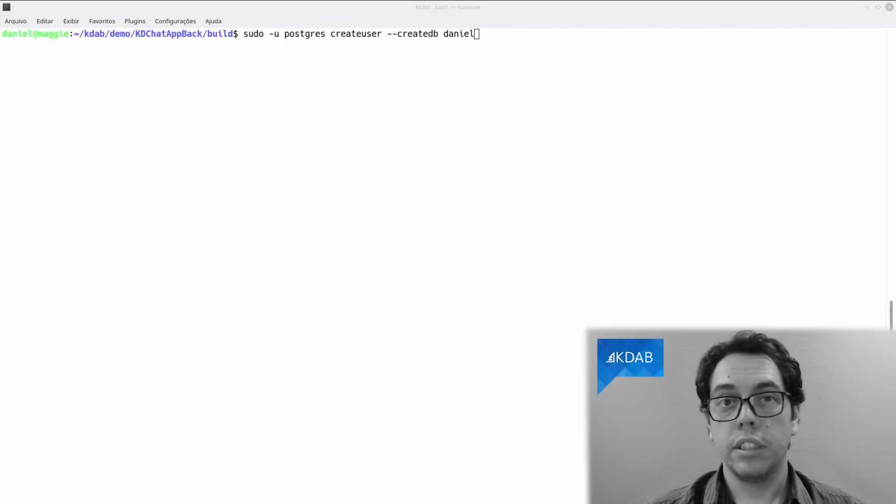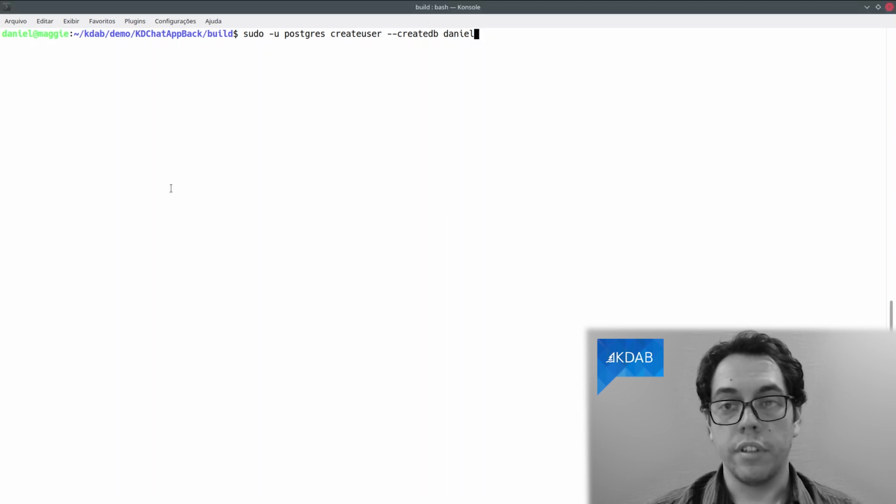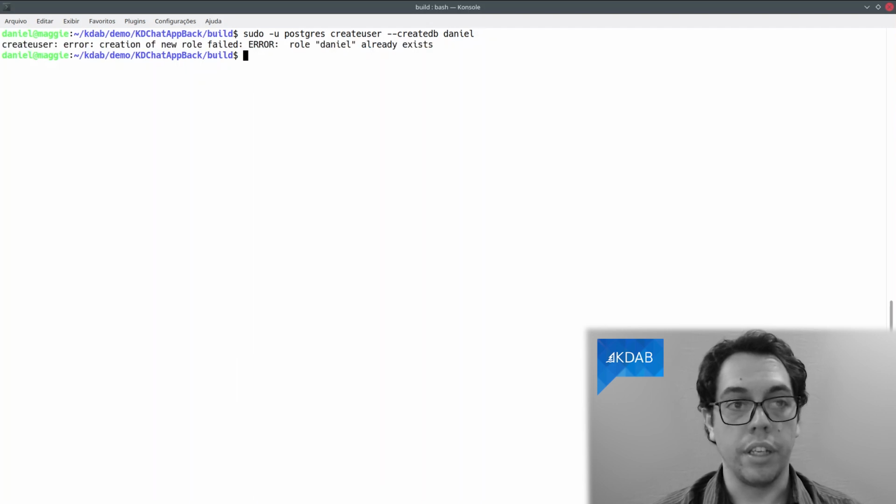So to create a new database, an easy way is to have a user with your own name. This user is going to have the ability to create new databases. So you're going to run this code and already have a user, Daniel, with this ability.